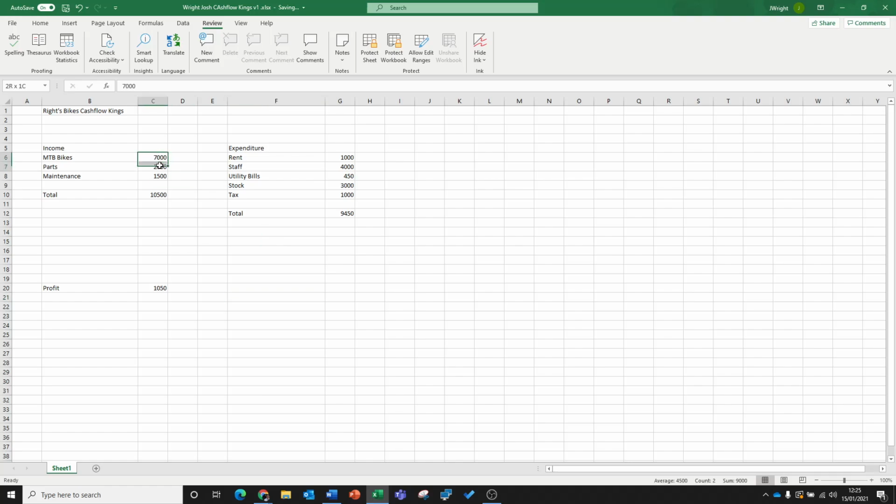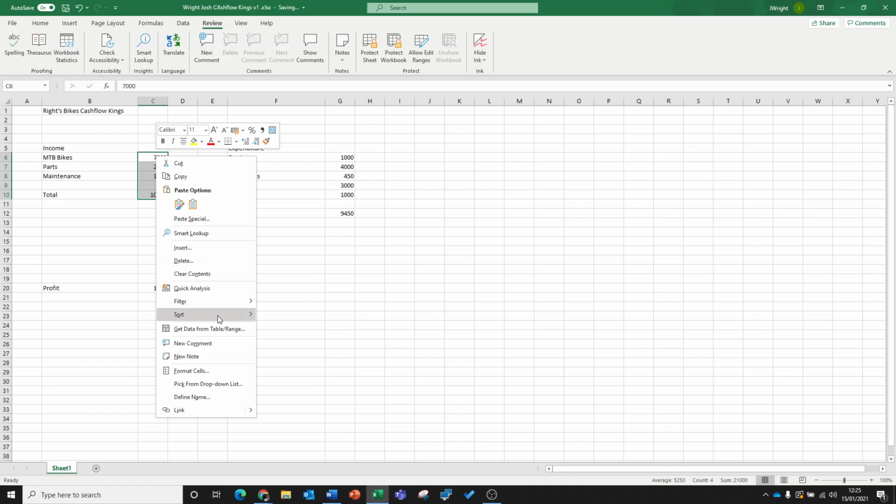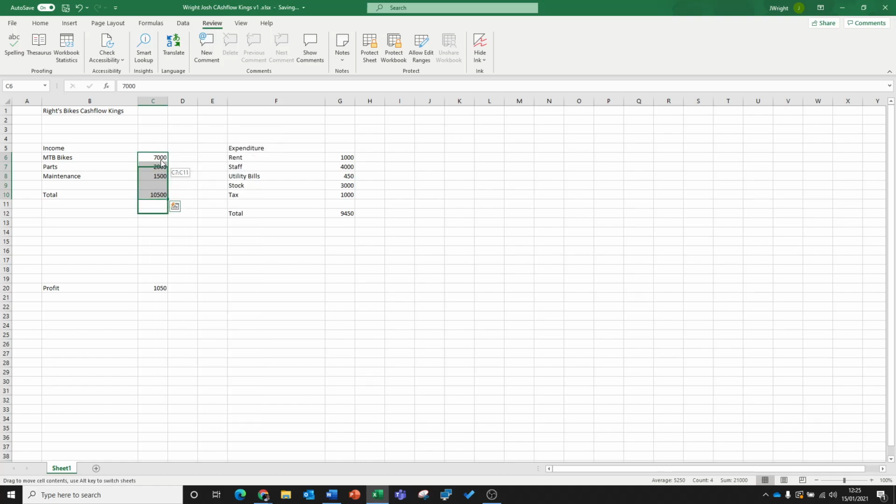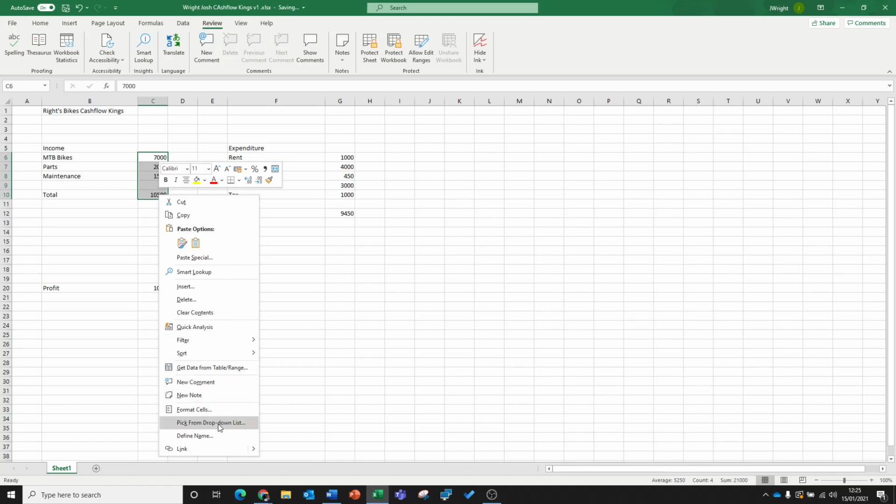So these are all trying to think of the word here. We've got to format the cells. Now this is obviously text. These are obviously numbers, but they're also a currency. So if I go right click and go to format cell, there is a quicker way. See if you can find it on the button bar. I'm showing you this way because in more advanced spreadsheets you need more control. So highlight the cells you want to change to currency, highlight them, right click, format cells,